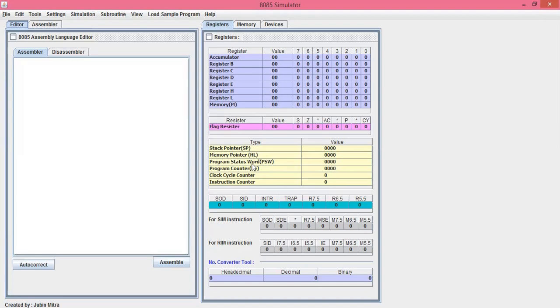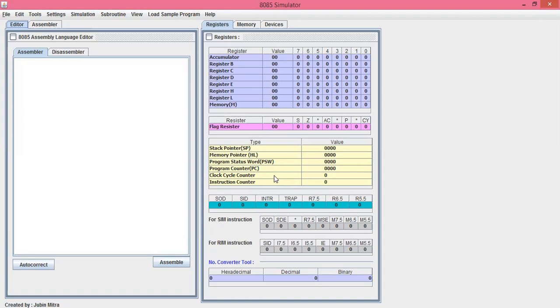Then there is a program counter which points to the next instruction to be executed. Then there are instruction counters which count the number of instructions. Then there is a clock cycle counter. It is used to determine how many clock cycles are necessary to run the programs. So these are the different types of pointers here.